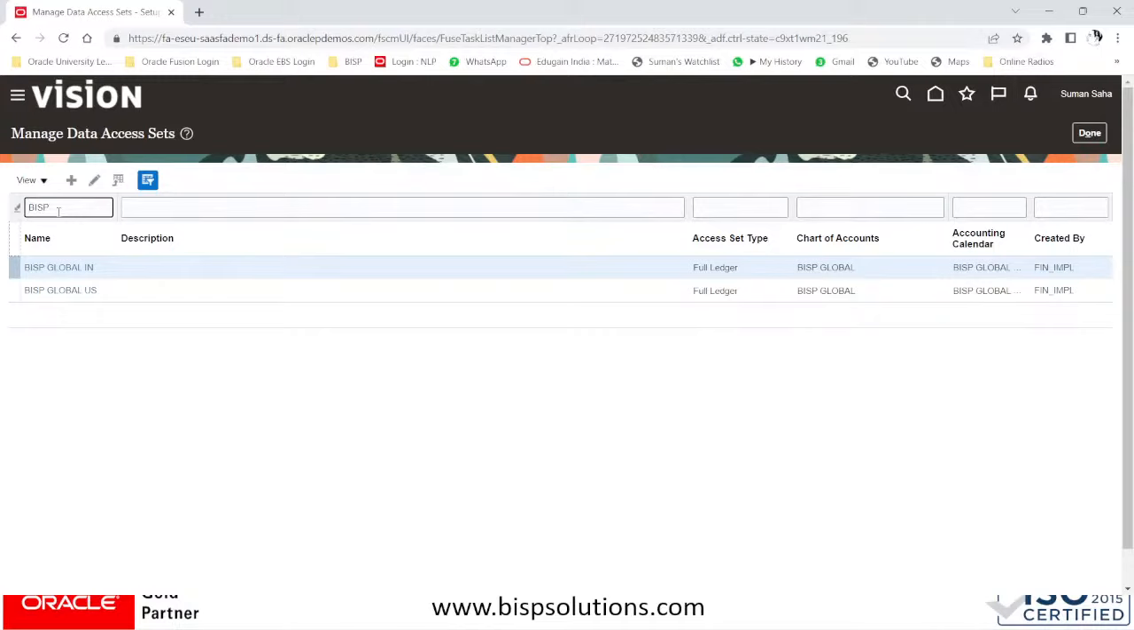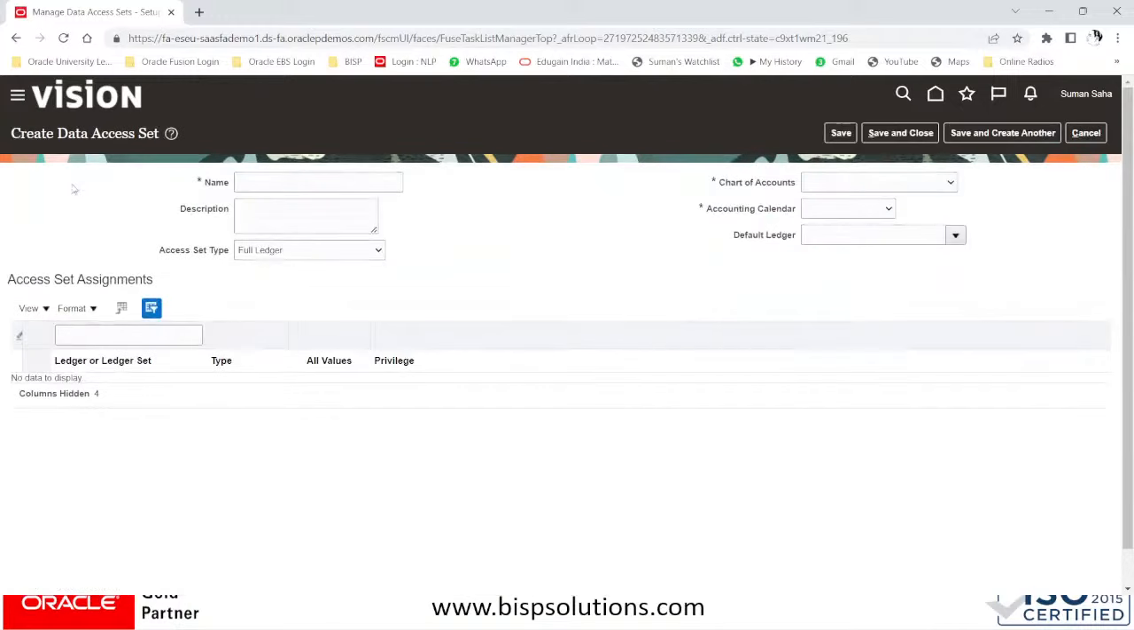It has given the full access set type, and the chart of accounts and the calendar should be the same, right? That is the primary requirement. The chart of accounts should be the same and the calendar should be the same, right? So if you want to create a data access set, provide the name,